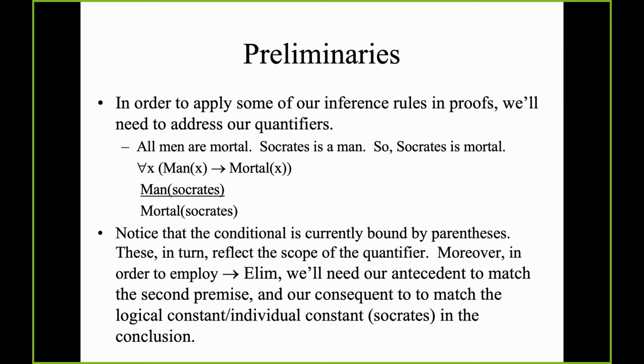That is peeling off, if you will, the universal quantifier, right? And then instantiating the variable, right? So we do something like this. Oh, well, if all men are mortal, then that means if Socrates is a man, Socrates is mortal, right? Or anybody we'd want to name. But we want to name Socrates. Why? Because if we replace the variable x with the name Socrates, now we've got an easy